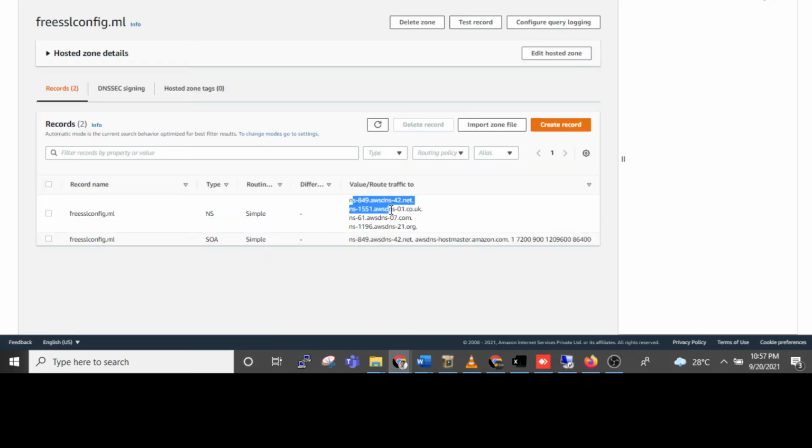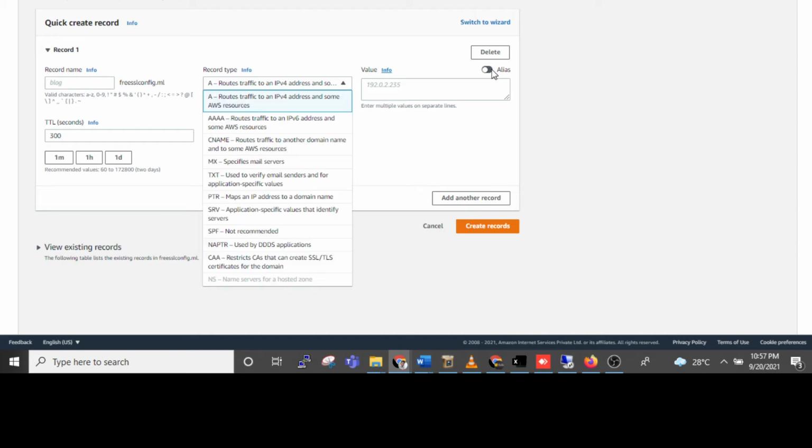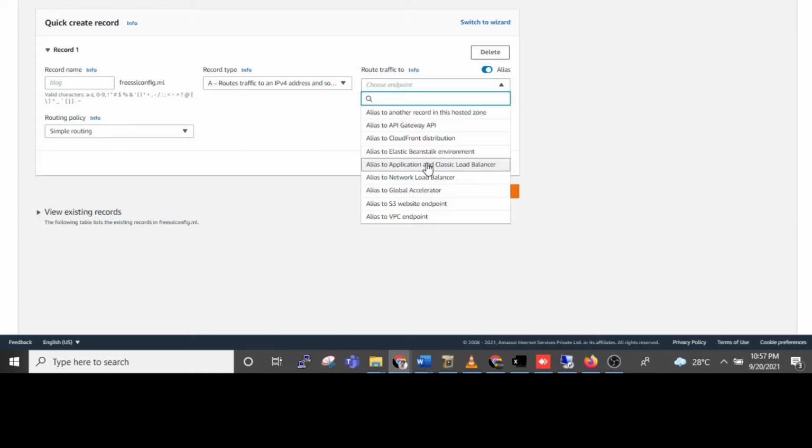After that we need to create the record for the load balancing part. Create record. Here our name is the same as it is. Here we can see the alias part. We click on the alias and choose the endpoint as Alias to Application Load Balancer.